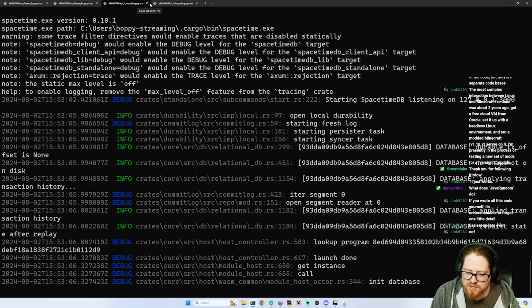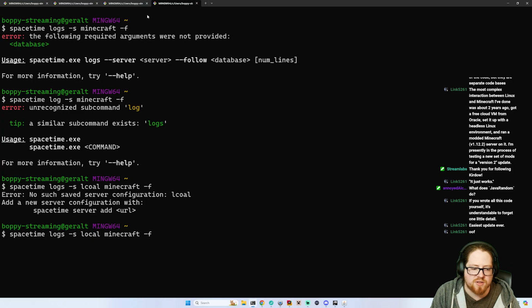Launch done. Get instance, call, init database. Okay. Still seems to be slow. So we probably do need that caching layer. So you might be wondering, why is it slow? Is SpacetimeDB slow? And the answer is